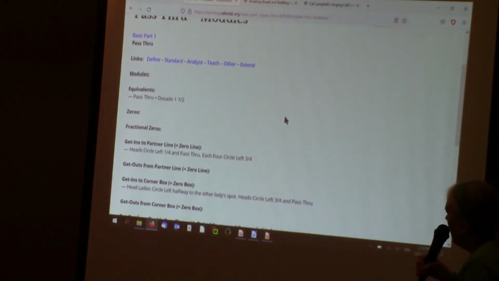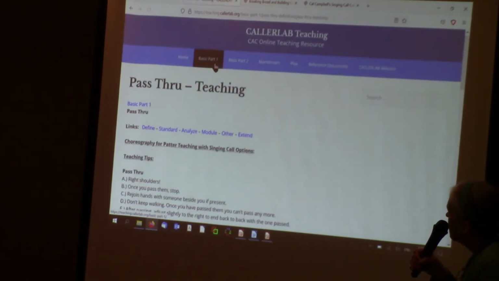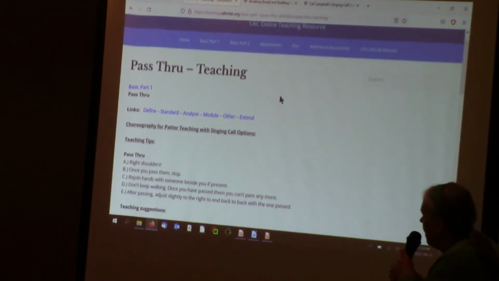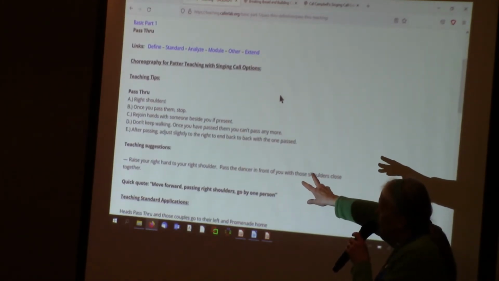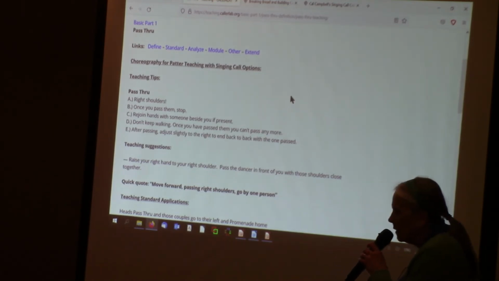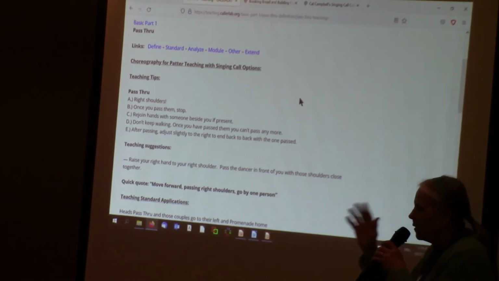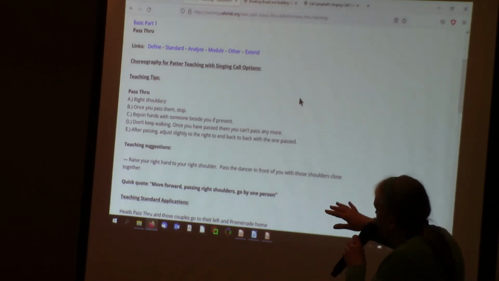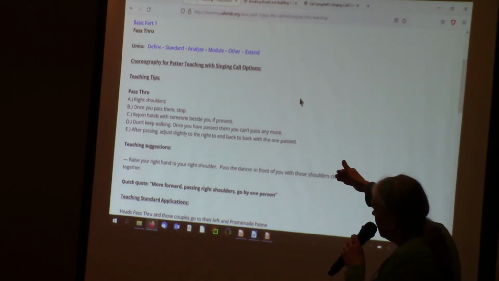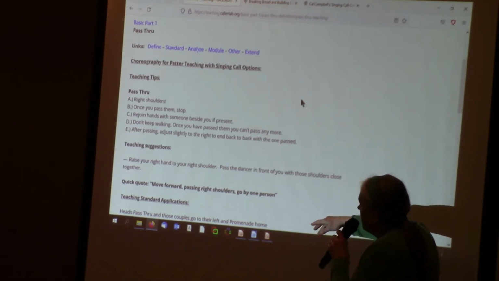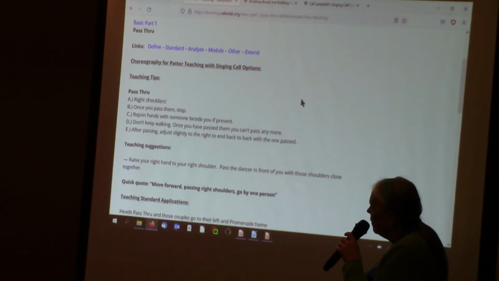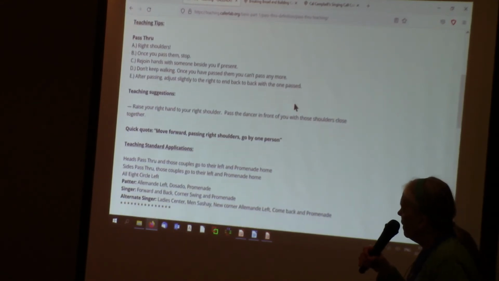And then the next section is modules, various and sundry kinds: equivalents, zeros, get-ins, get-outs, transitions if they're appropriate, or conversions, whatever. And then the next section is teaching, where we have the teaching tips. There are teaching tips documents that came originally from an intercession at a long-ago convention. I can't remember which one, but they've been around for a while, and there's a separate document, but this is extracted from it. And then there are some additional teaching suggestions added later, a quick quote that you might use when you're trying to describe this to the students quickly, and then a whole bunch of